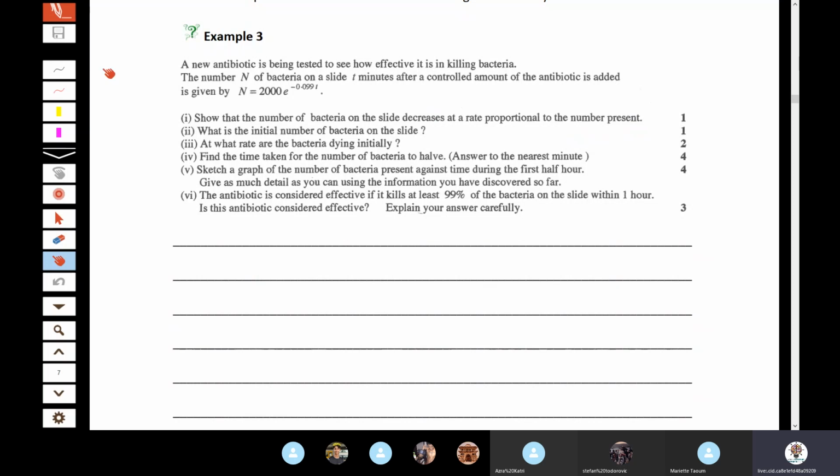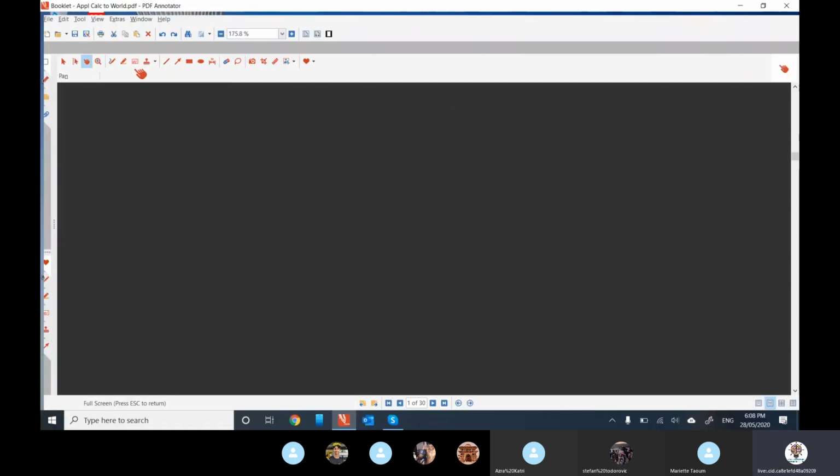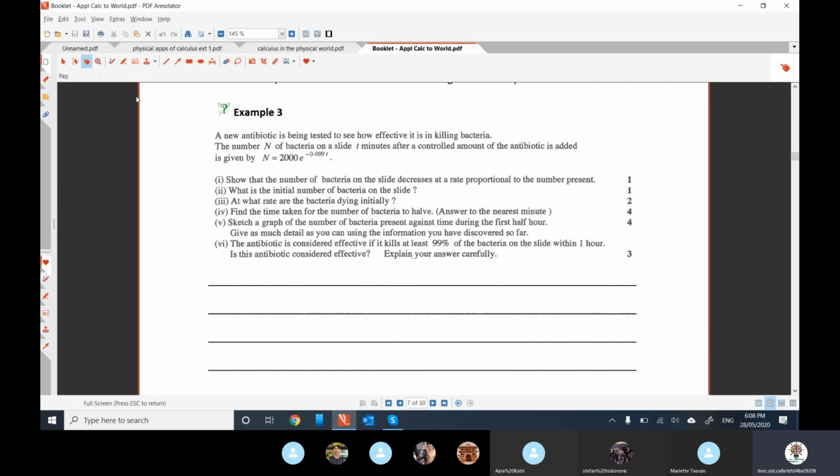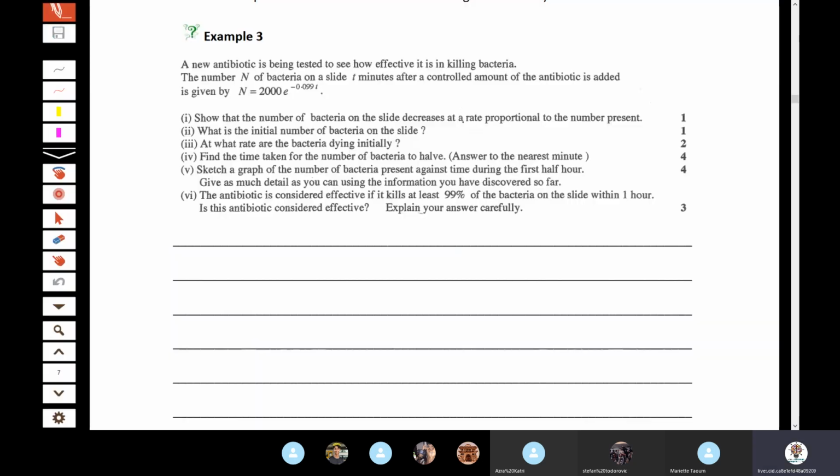Okay, what did we learn last week? What does rate mean? What was step one usually? To do what? Differentiate. To differentiate it, right? So we wanted to find that dn on dt,